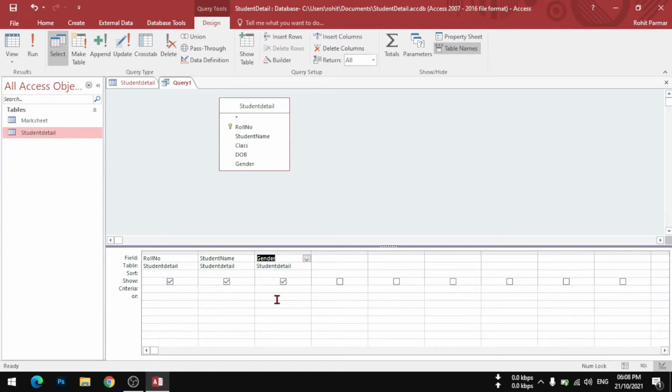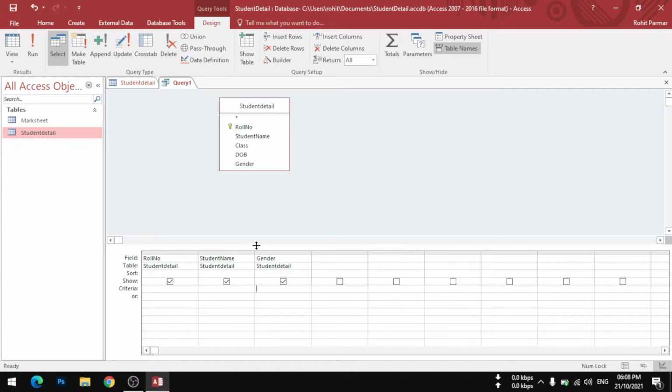Now we are looking at using a single criteria on a table, so here I will mention one single criteria. In the criteria section, for example, I want to see only the female students. Total 6 records are there, and out of that I want to see only the female students.